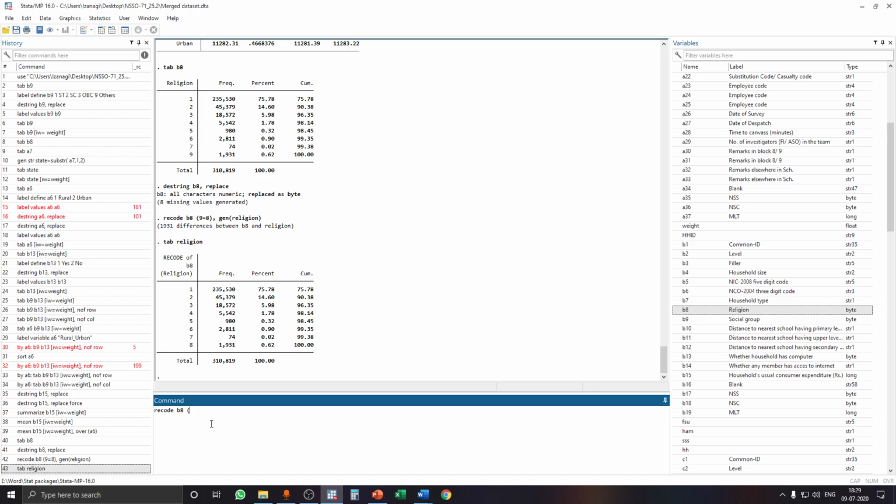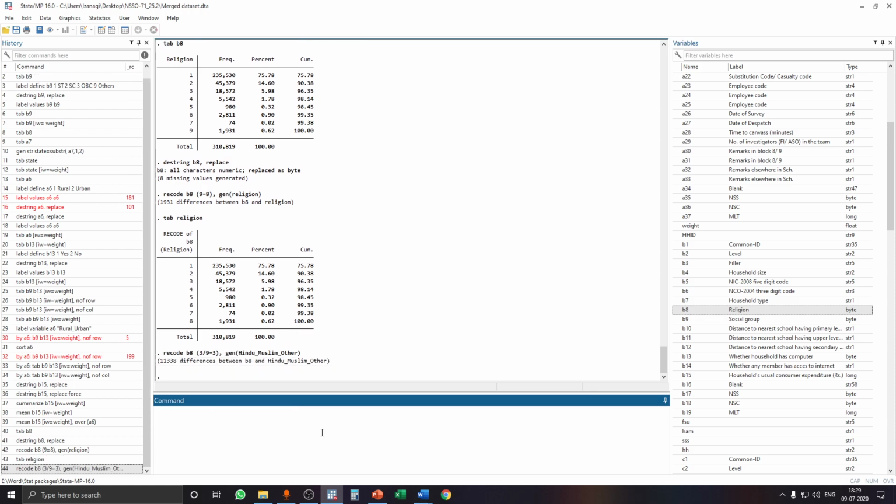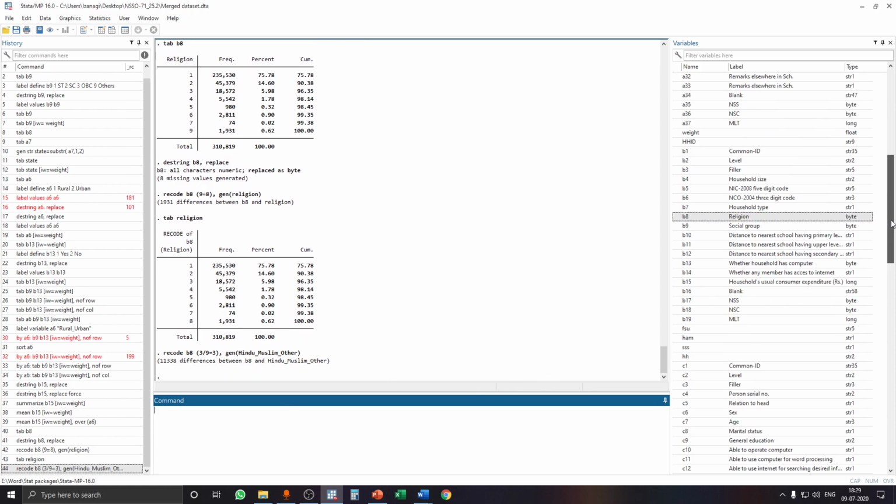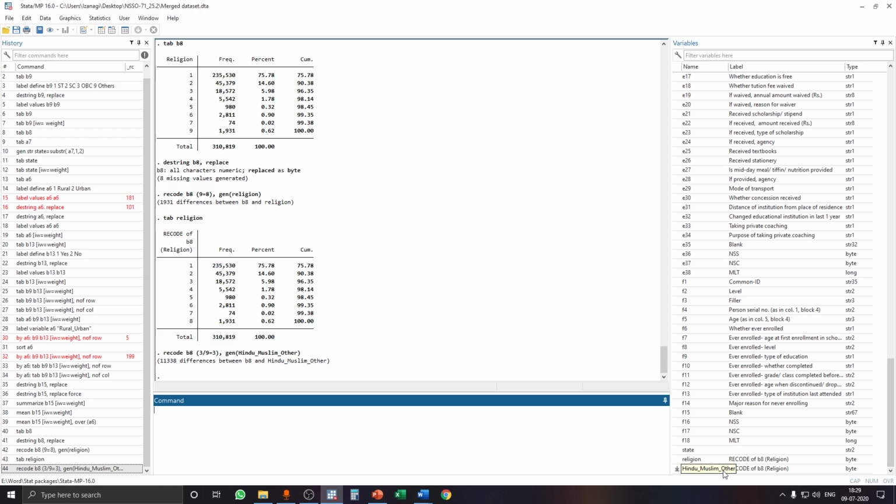So 3 divided by 9 equal to 3, bracket closed, comma, generate a new variable which we are going to call Hindu underscore Muslim underscore other, as we want to see only these three categories. We press enter, and you can see that a new variable has been generated, Hindu, Muslim, and other. So we can tab